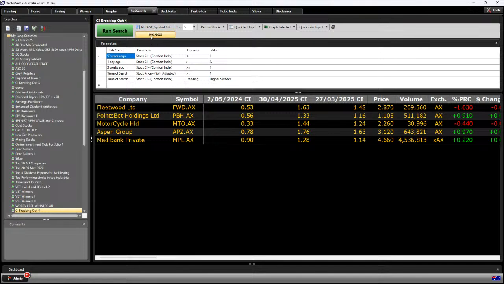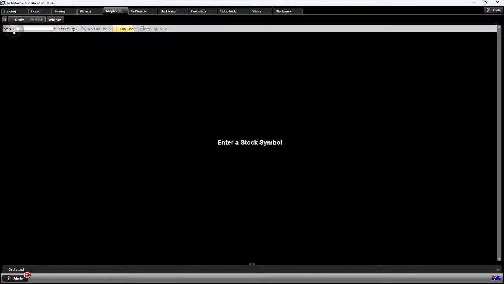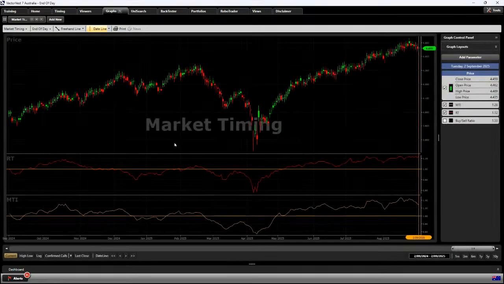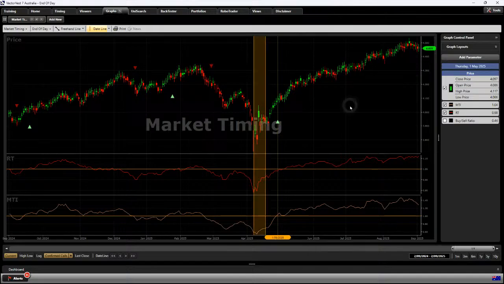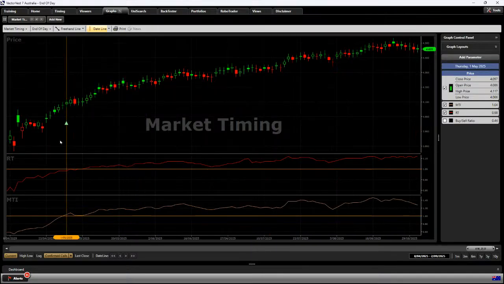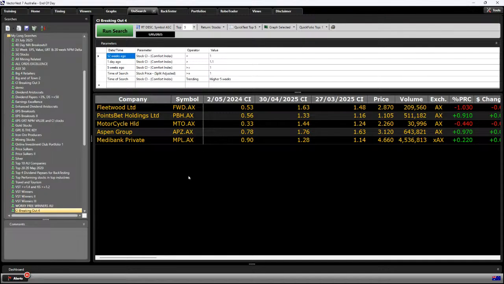So let's just say, why am I running it for 1 May? Remember, I'm looking for the turning point in the market. All right, so at VectorVest, we noted to our subscribers, 1 May, that was the turning point to look to go into the market. So on 1 May, I come to VectorVest, I run the search, and VectorVest comes back